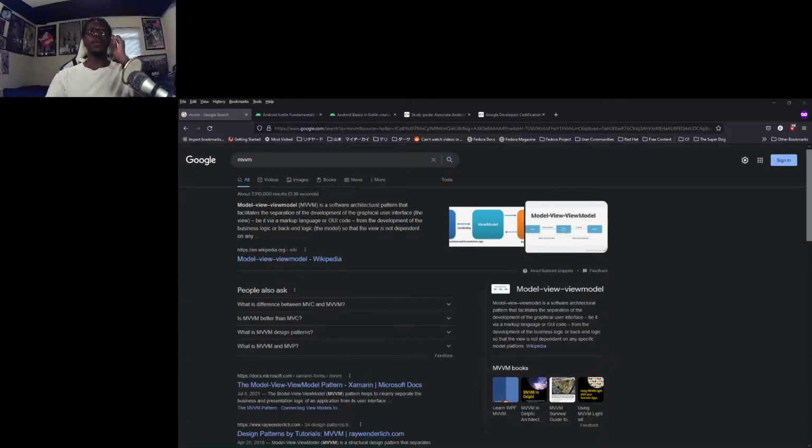I don't really know much about Jetpack Compose except for the fact that you can use it, it's kind of like Flutter. That's as much as I know. You can use it to build user interfaces, which is pretty cool. But other than that, I've got nothing. I don't know anything about it. So I am coming into this as a newcomer. I'm brand new. I'm just a new save file, and I'm going to show you guys my journey